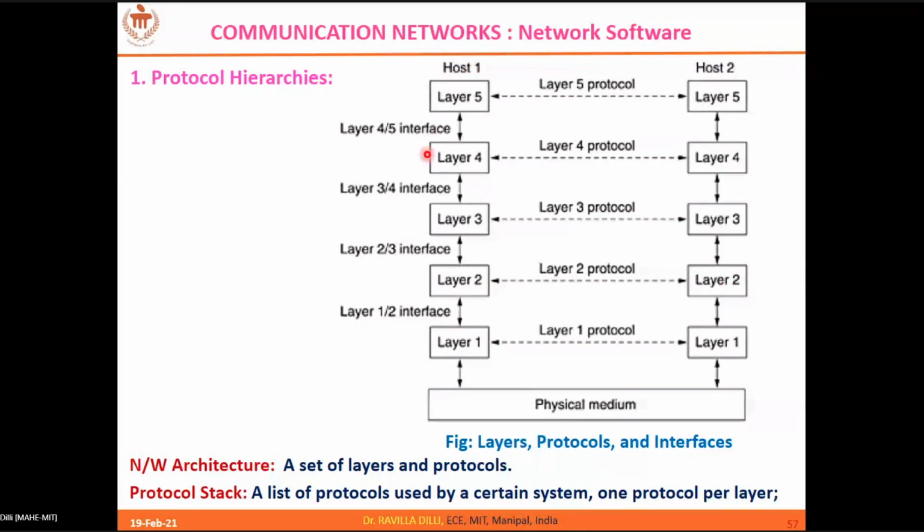So here I am following 5 layers. So similarly, all the systems, all the devices which are in this network should also have the same protocol stack in order to communicate with each other. So here you can see some dashed lines between the corresponding layers. Okay, so that is called virtual links. These are the virtual links, and this I call peer entities.